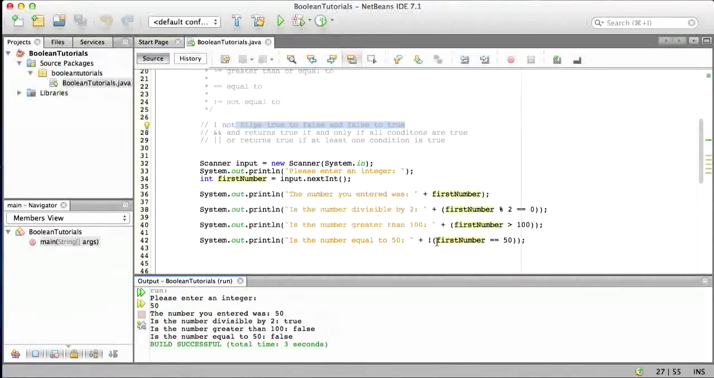So it takes whatever we get here, which was true originally because 50 equals 50, and then flips it. So now we have 50 does not equal 50, if that makes sense. So we take whatever we get here, and then we flip it, and that's how we got false. So if we do that again,